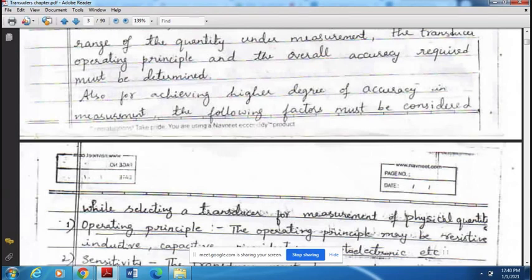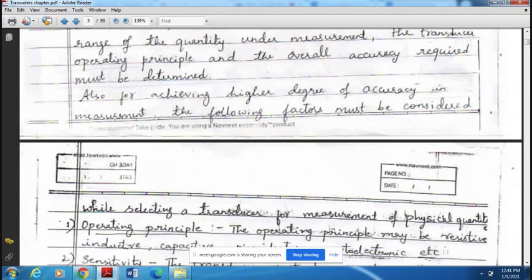Next, coming to the sensitivity. What do you mean by sensitivity? You have studied in the errors chapter. What do you mean by sensitivity? Smallest value it can read, which can be detected. Yes, good. The smallest value which can be detected, so the instrument can sense. The very smallest input, the minimum input which an instrument can detect or sense, is termed as sensitivity. Similarly, while selecting the transducer, we have to look into that.